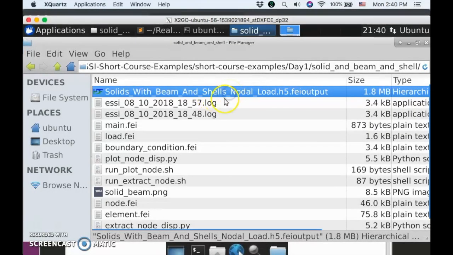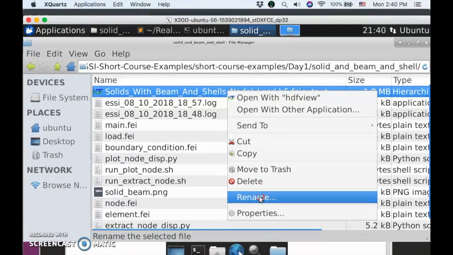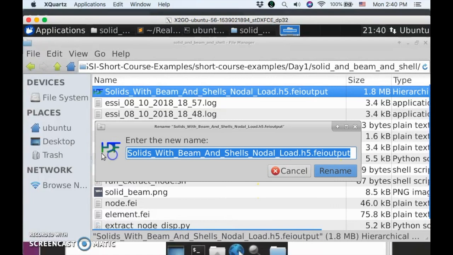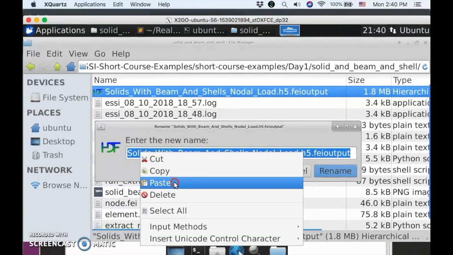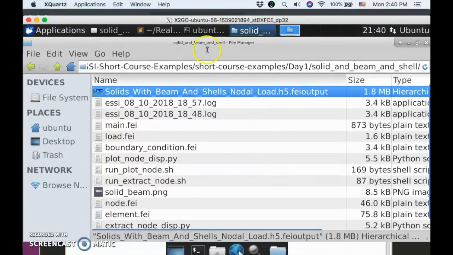So we have an output file that has all the information that comes out of ESSI, and we're going to start ParaView in a terminal window on this output file. So we need to somehow copy the file name, because it's a very long file name, and so we're just going to essentially take this file name and copy it. Then we're going to open a terminal window,